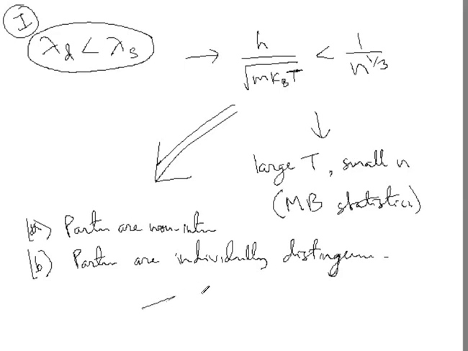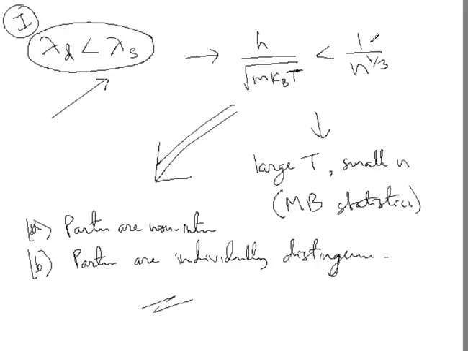Okay, so these are the two things we can say when the de Broglie wavelength is less than the distance between the particles. What about the other case, which means when the de Broglie wavelength is greater than the distance between the particles? Now, you can just see the very expression and immediately arrive that this thing will happen